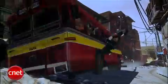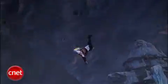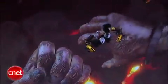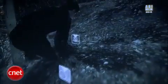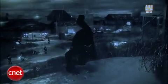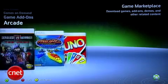The PS3 arguably boasts a stronger and more diverse exclusive franchise library with their modern-day Indiana Jones in the Uncharted series, God of War's epic story and scale, Little Big Planet's creative community, Heavy Rain's unique control system, and so many more. Now, when it comes down to downloadable games, the Xbox Live Arcade has a much deeper and diverse